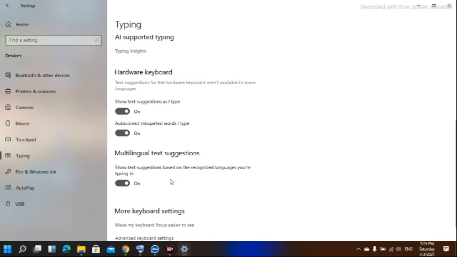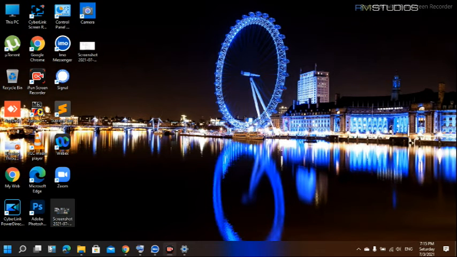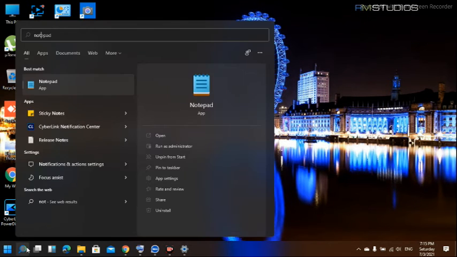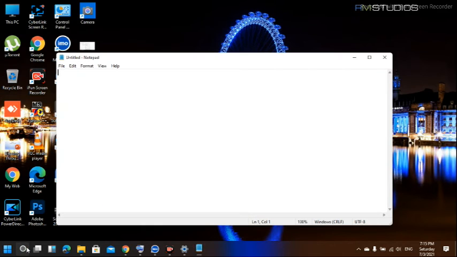Now let's see. You can see here auto suggestion typing is coming. It's a very advantageous feature in our laptop computer. If you want this,